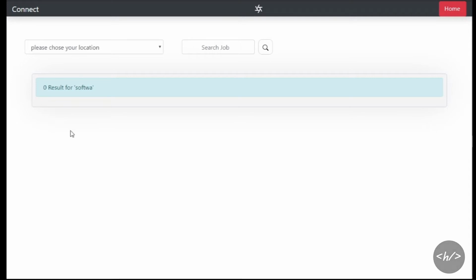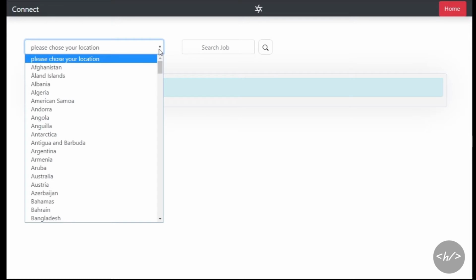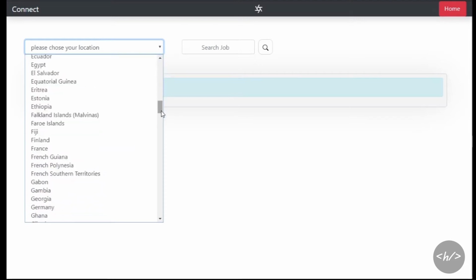In today's video I'm going to be showing you how to make a search bar. This is just a basic search bar I made with a filter to filter the locations. But in this video I'm not going to show you how to create this. I'm just going to show you how to make this function. I'm going to explain how to make this function, and let me just give you a quick demo of this.